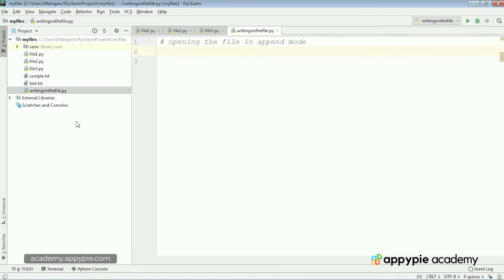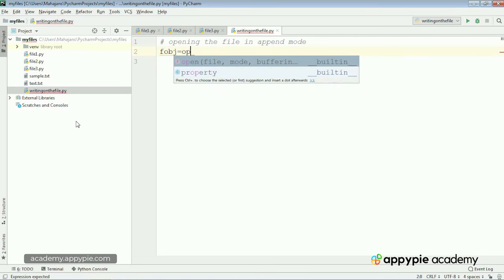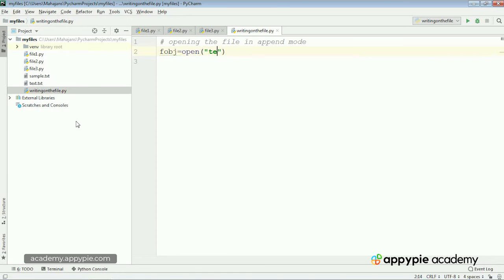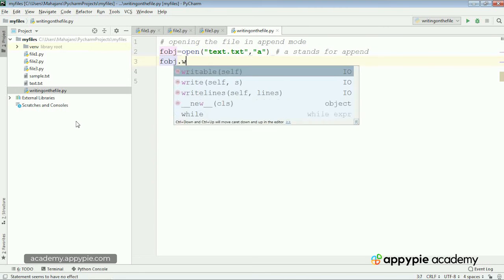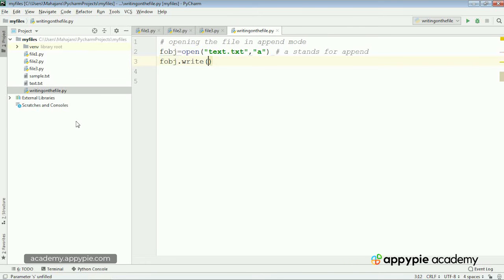So what we will do is fobj is equal to open, then we will give the name of the file. As you know, that was text.txt, and in place of the file opening mode I am using A here, which stands for append, so it will be opened in append mode. Now I am going to use a method called write. I would write fobj.write. When I use write, I can give the new contents like this is a sample line